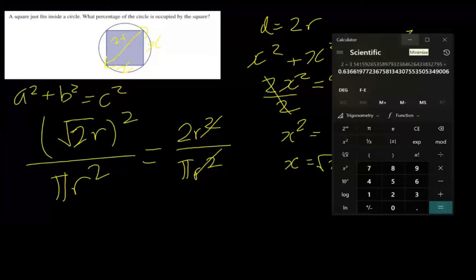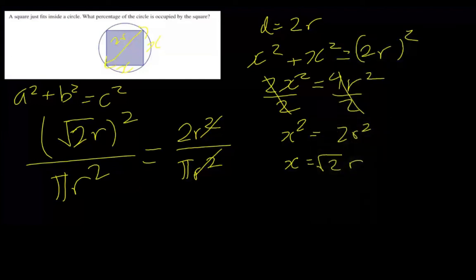So we have to times this by 100 to get the percentage, and rounding that to 0 decimal places, that is 64%. Depending on whether the question states that you have to round it to 0 decimal places, which in this case it doesn't, but we're just going to do it for the purposes of this experiment, the answer to this question is